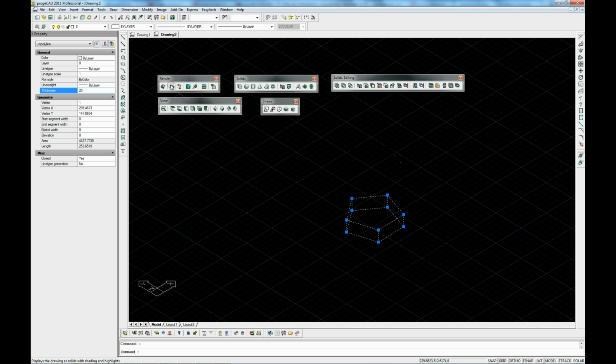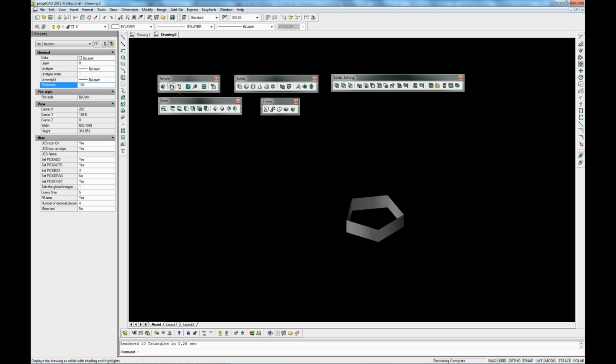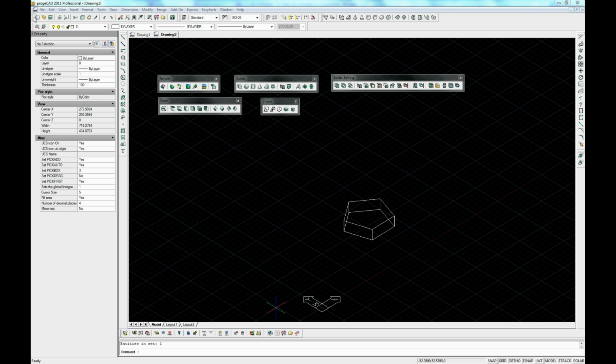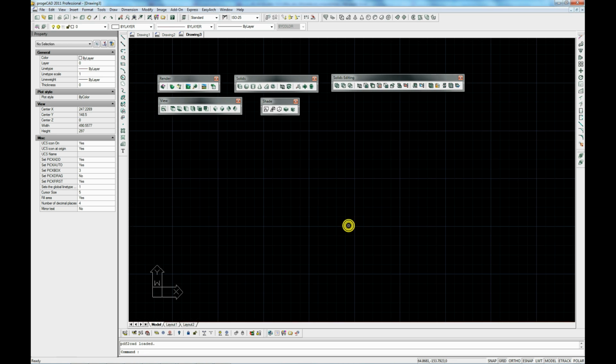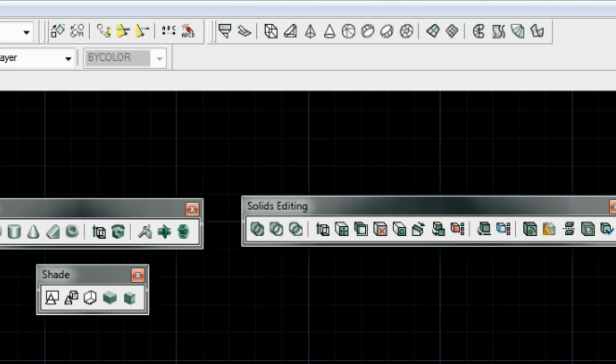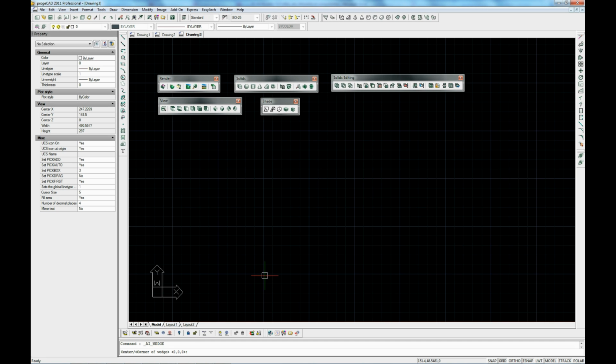So essentially, we've still got a 2D entity, but the line thickness creates a recognizable surface mesh face approximation. We'll see what we mean after we've rendered it. The other option we've got is to work with the 3D surfaces toolbar. Let's select the wedge option. We create the base, enter the height of 20,